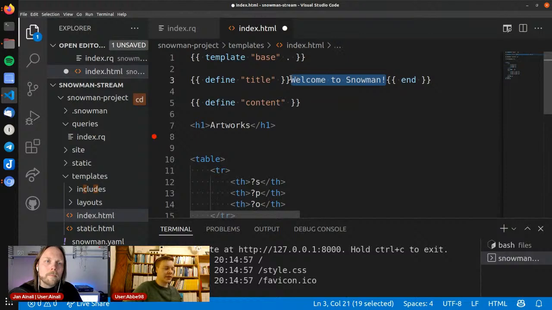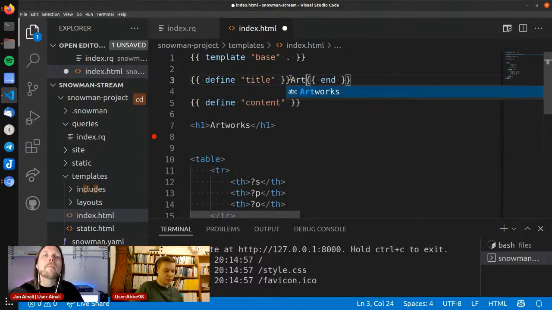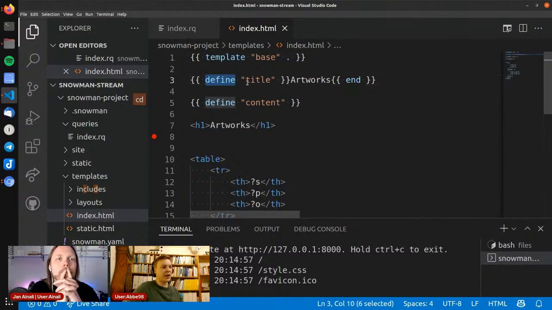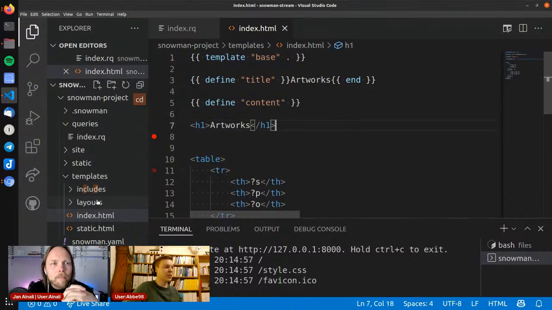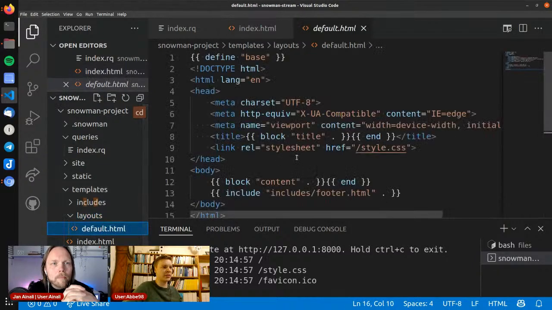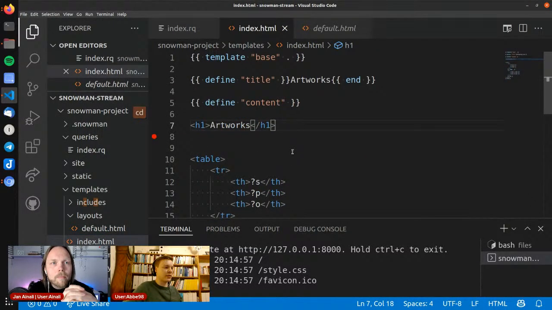And I'm gonna set the title here. And you might see that we use define title and define content, and we got a template known as base here. That's because we got a layout which provides a lot of boilerplate that we reuse on any page. So that's why that's like that.